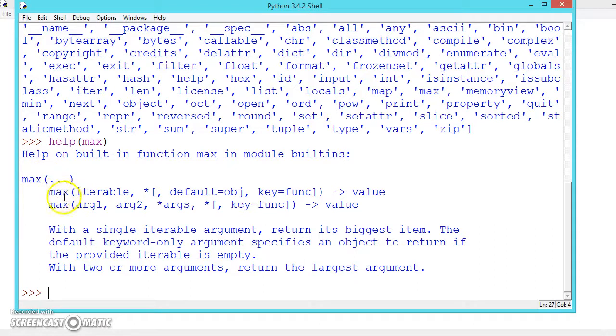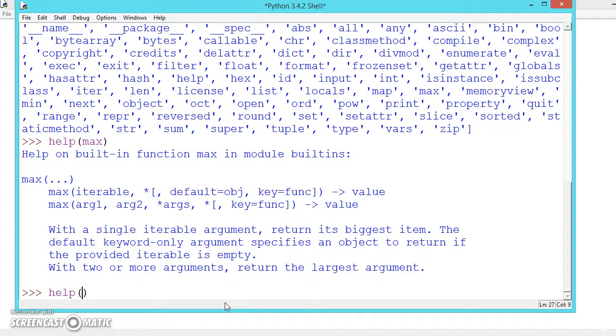So like this, max argument 1, 2, 3, we can pass the values. With a single iterable argument, it returns its biggest item. The default keyword-only argument specifies an object to return if the provided iterable is empty. So like this we can find help.